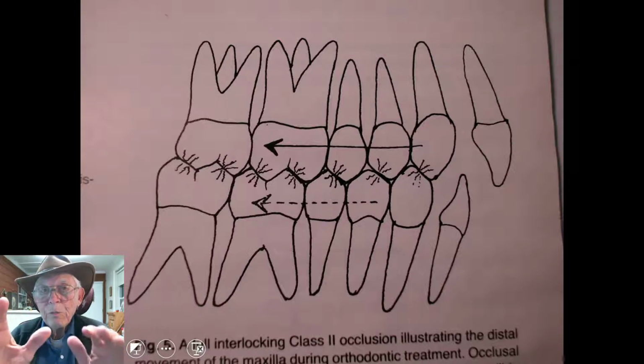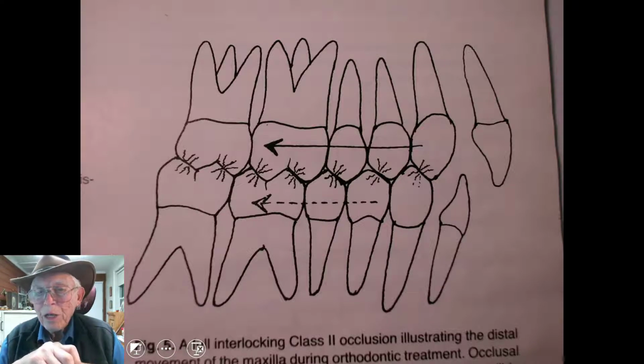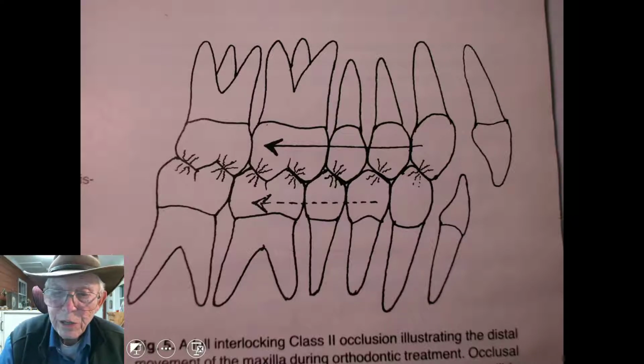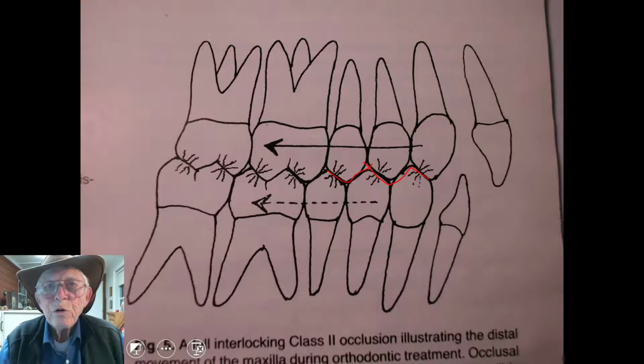And all was clear blue sky. Why did it start in the first place? And so I got to thinking about that. Now, if you put the teeth together and you have interdigitation like this, and you're in full class 2 relationship